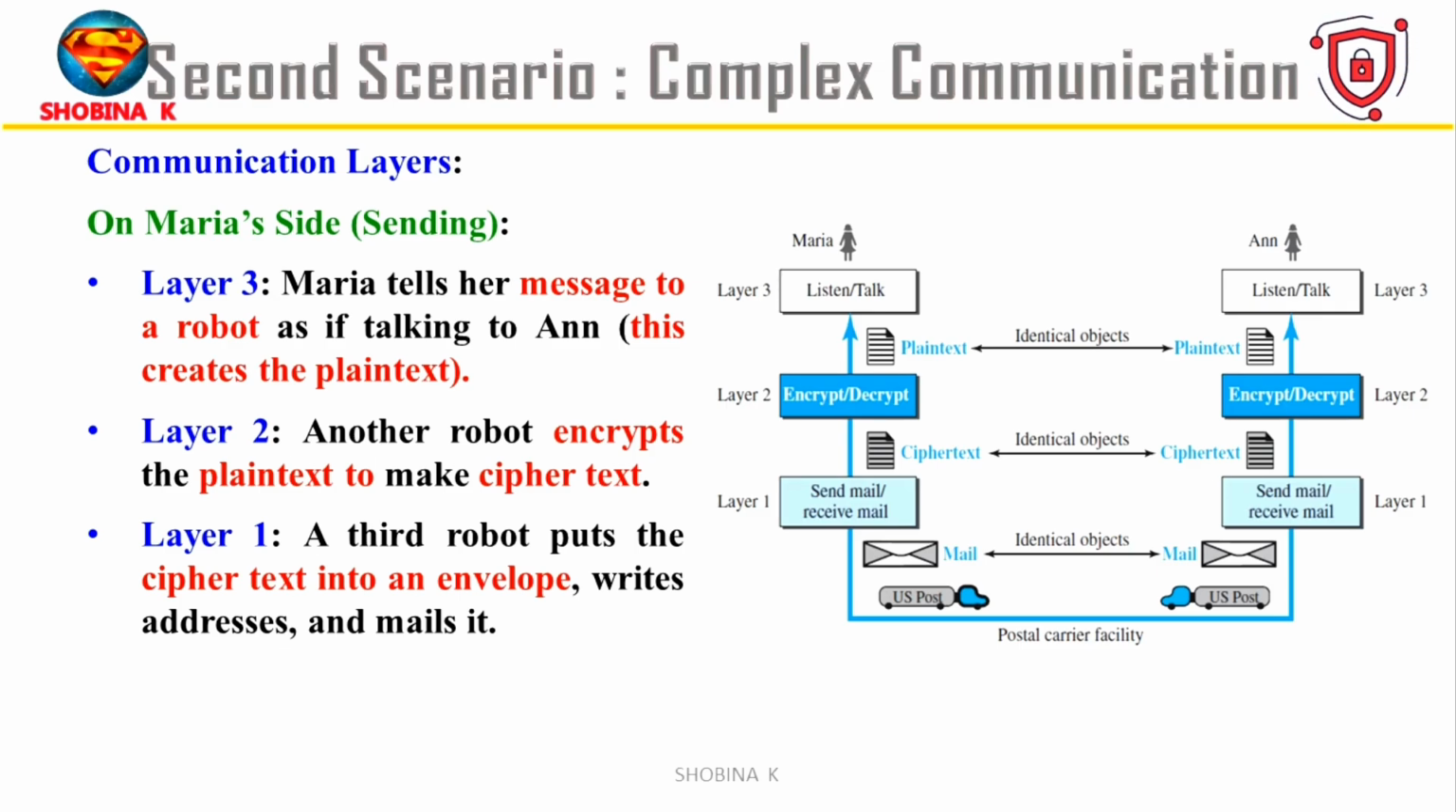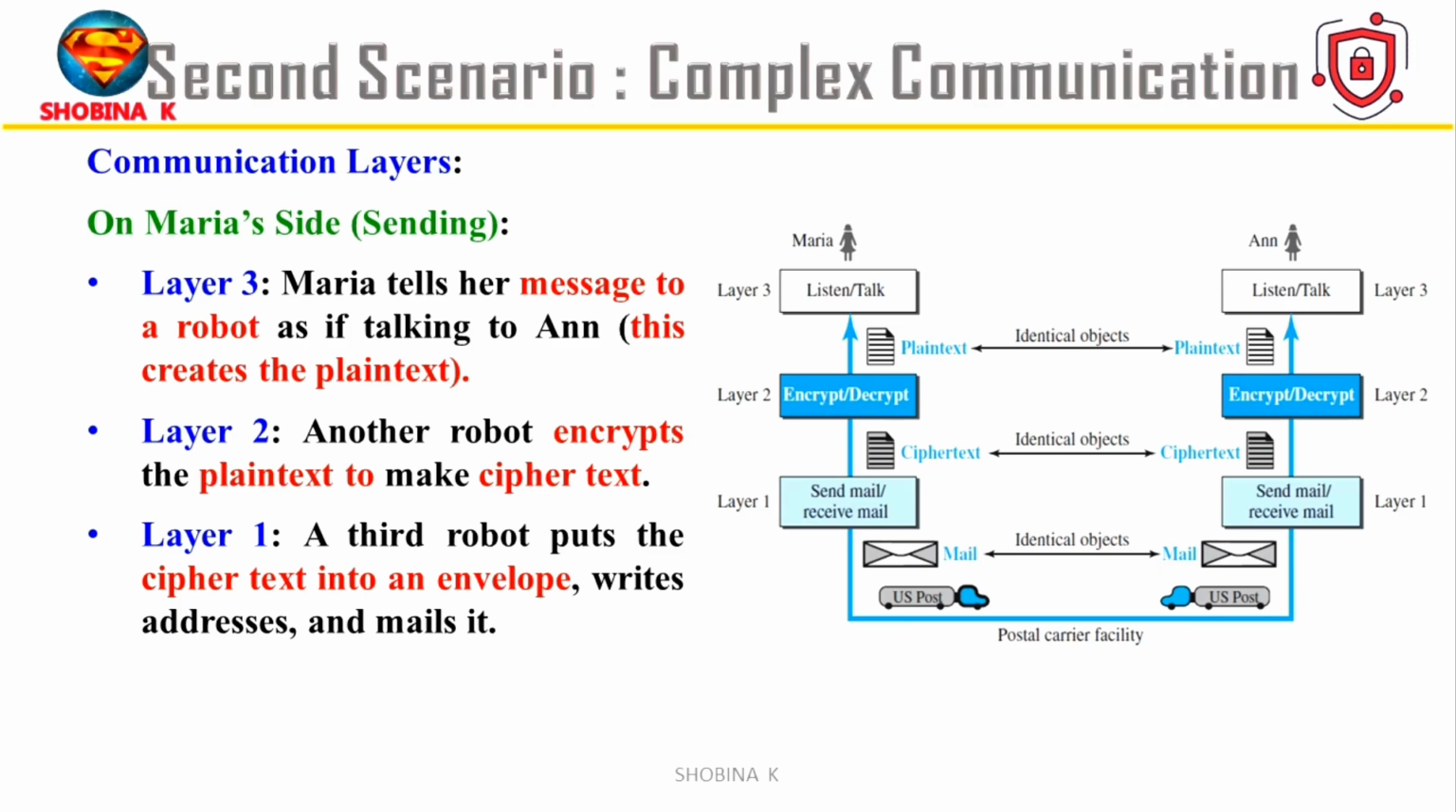Maria talks to the 3rd layer machine as if talking to Anne. The 3rd layer machine listens and creates the plain text. That is a normal English letter. Now this plain text is passed to the 2nd layer machine. The 2nd layer machine takes the plain text, encrypts it and creates the ciphertext. This ciphertext is passed to the 1st layer machine. Now the 1st layer machine takes the ciphertext, puts it in an envelope, writes the sender and receiver address and